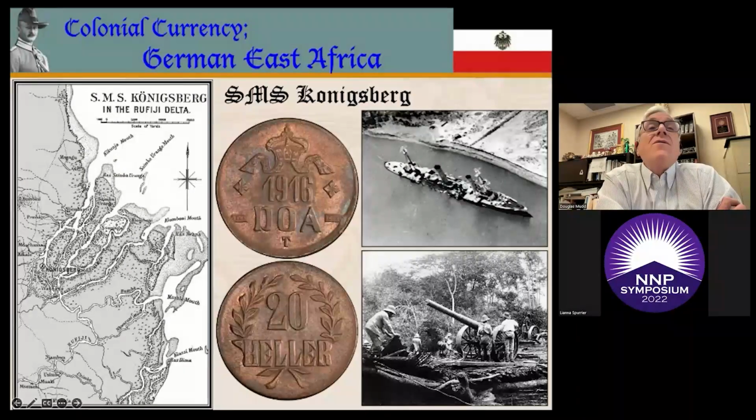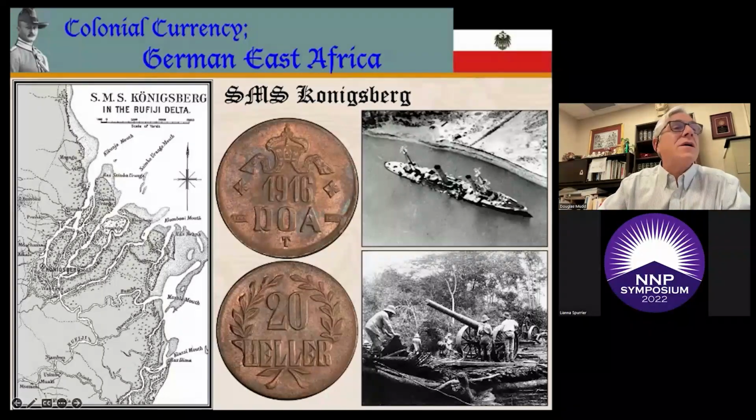The surviving crew salvaged all 10 of her 4.1-inch main guns and joined Lieutenant Colonel Paul von Lettow-Vorbeck's guerrilla campaign in East Africa, becoming the artillerists manning their guns. Königsberg was partially broken up in 1963 through 1965 for scrap, and the remains sank into the riverbed, where they can be seen even today, apparently.